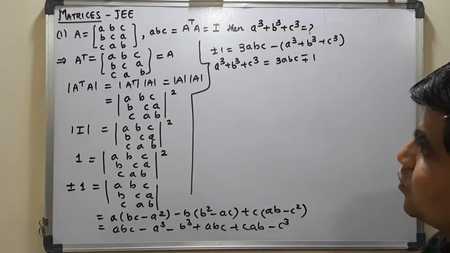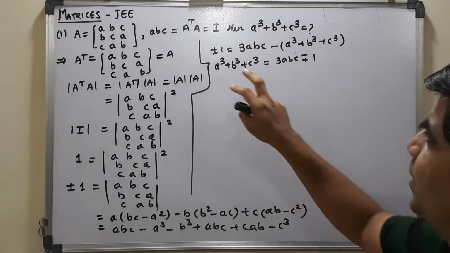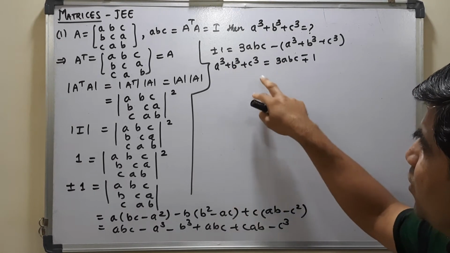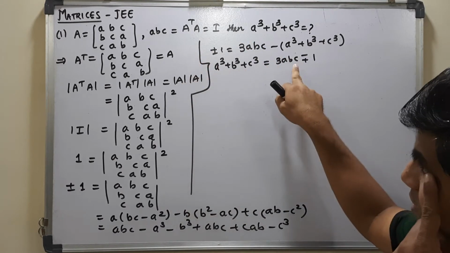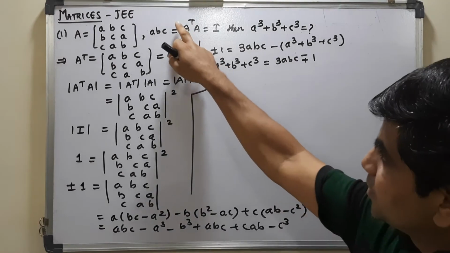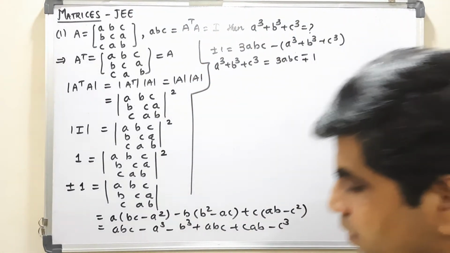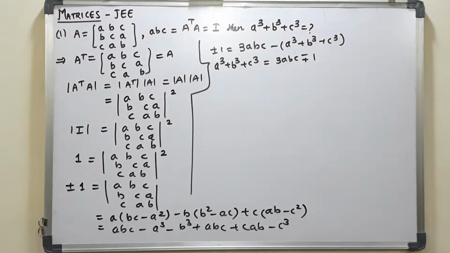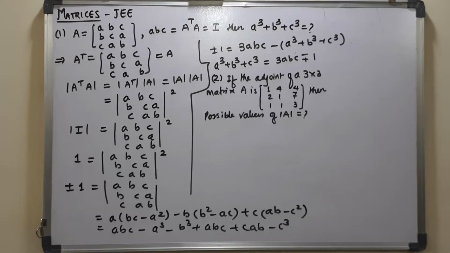But here I think there is some correction. Let it be. But the required value of A cube plus B cube plus C cube, when ABC is actually not mentioned as 1 over here, I suppose it should be determinant value over here and it should be 1 over here. Okay. Now this is something which needs to be changed. But let us go with some other question.